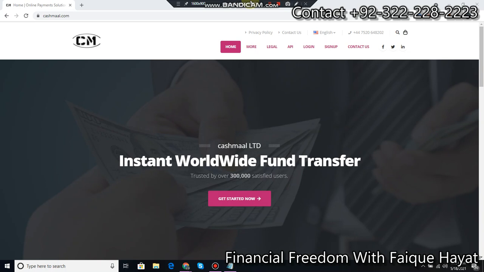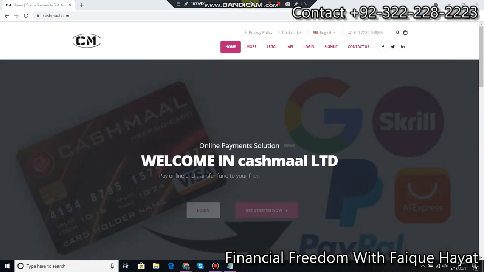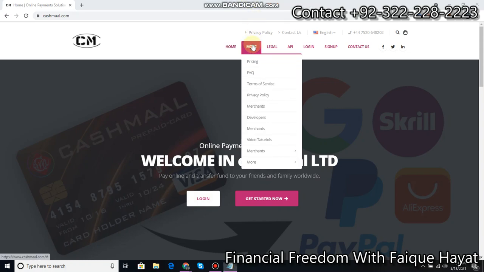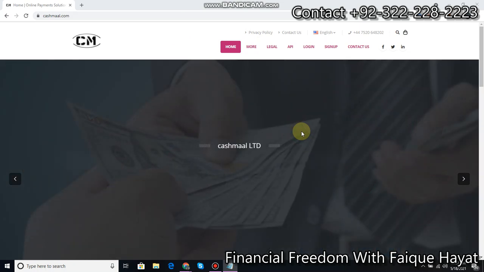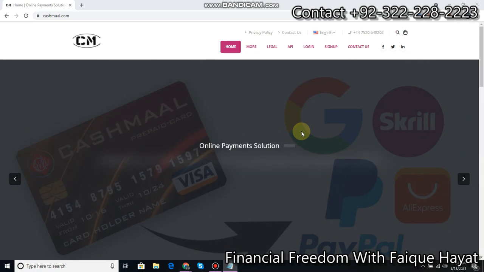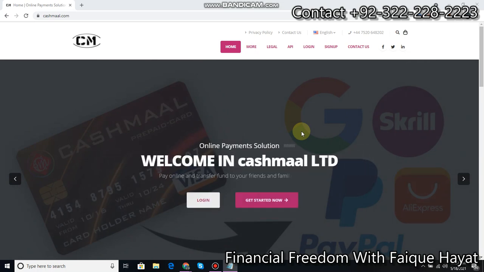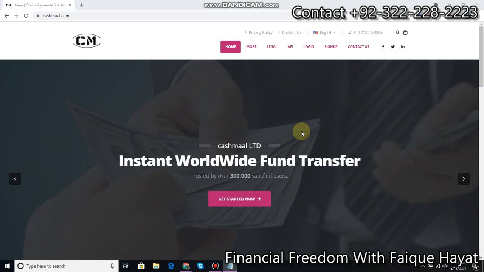Today we will see how we can create a Cashmal account in real time and how we can use it in many ways. We will see from which merchants we can transfer funds to this platform. Like you can see here, we can transfer our Google Ads funds to this account, Google AdSense. I mean to say, from our ads in Google AdSense, the payment we collect, we can transfer it here, and like that, we have Skrill Merchant. We can use Skrill Merchant to transfer funds in Cashmal.